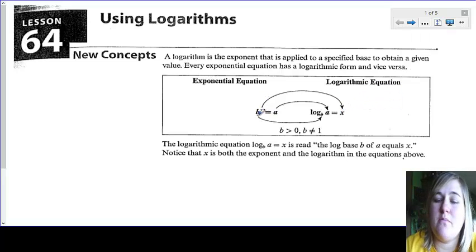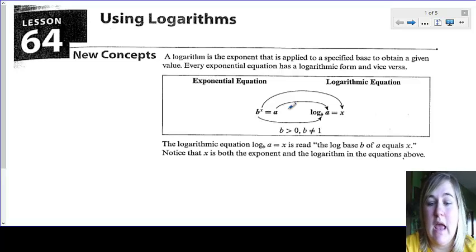So whenever you have your base raised to some power equals a, we could write that as a logarithmic equation by putting log base, whatever your base was here is what goes for your base on your log. Your solution is your a, and then your exponent is what goes over here. So the logarithmic equation log base b of a equals x is read the log base b of a equals x. Notice that x is both the exponent and the logarithm